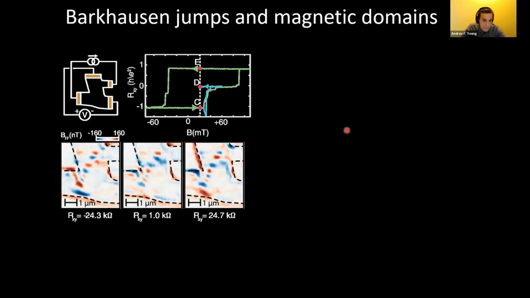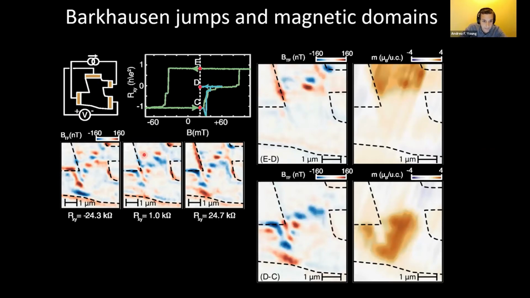So the thing that we're most interested in is understanding this domain structure, though, and what the origin of that disorder is. So you can see, for example, that in transport, you can stabilize the system either at full polarization of opposite signs, but also in a minor loop where you stabilize some mixed phase of positive and negative magnetization. And you can work out by comparing these scanning images taken at these different points, the nature of the grains that contribute to that Barkhausen type noise. So you can see that the difference between E and D is a flipping of this mesoscopic, micron, several micron scale domain, and the difference between D and C is the flipping of a different